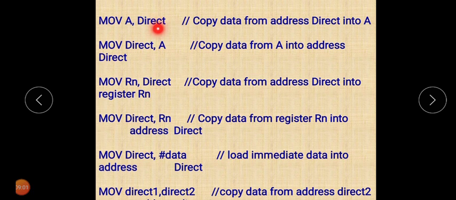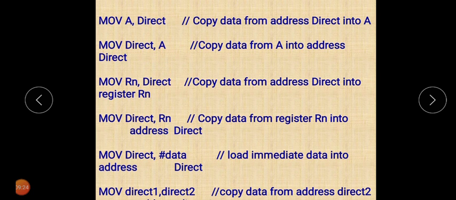MOV A, direct. Direct is nothing but a memory location. So we are asking the microcontroller to copy the data from this memory location direct to A. The reverse is also possible. You can copy the data from A to the memory location.